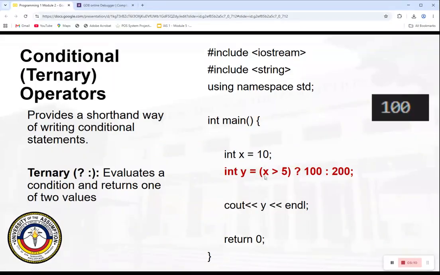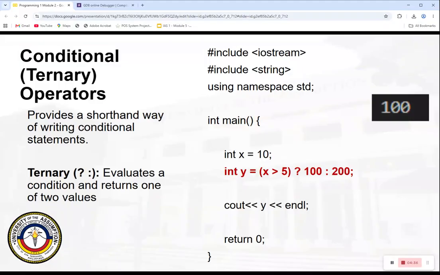So it will evaluate whether x is greater than 5. After the question mark is the value if the condition is true. And after the colon, that will be the value if the result of the condition is false.